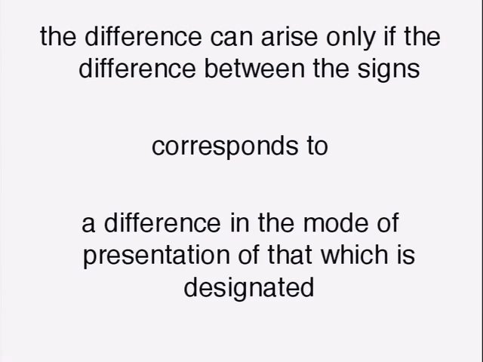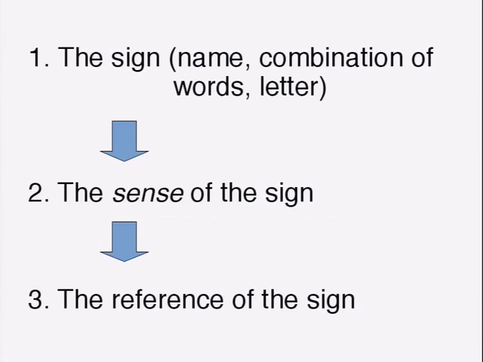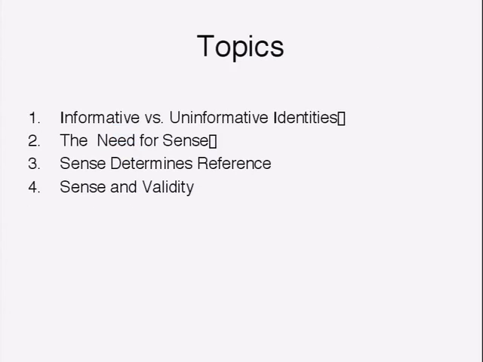But you need that notion of the mode of presentation, your way of giving the thing, your perspective on the object. If you go back to that thing about the shed, the whole point about the shed there was you had different ways of being presented with the shed in these two photos. And so once you've got a difference in the way it's being presented, then you're going to have an informative identity. So in the analysis of signs that stand for objects, you need three things. There's the sign itself, there's the sense of the sign, and there's the object the sign stands for. There's the take that the sign expresses on the object. And you need that if you want to explain how come there's this difference between informative and uninformative identities. That's why you need a notion of sense.